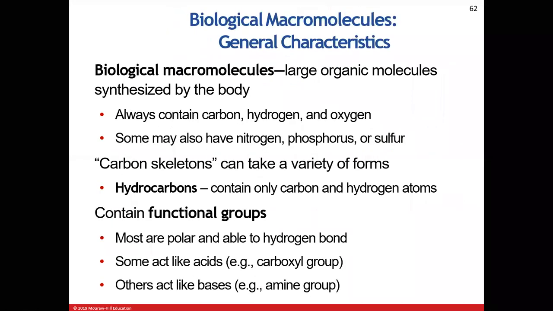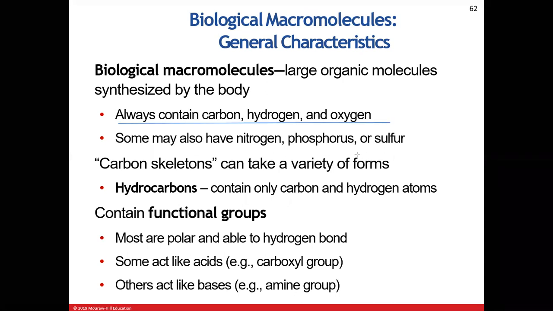So the next little section that we get into here is where we start really looking at the biological macromolecules, and we look at a few characteristics of these things. Biological macromolecules are very large organic molecules that are synthesized by the body. Now, one of the things we need to know is, what is an organic molecule? Specifically, organic molecules relate to things that contain carbon. And we kind of see this down here,